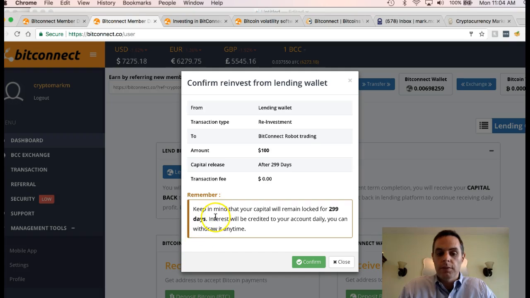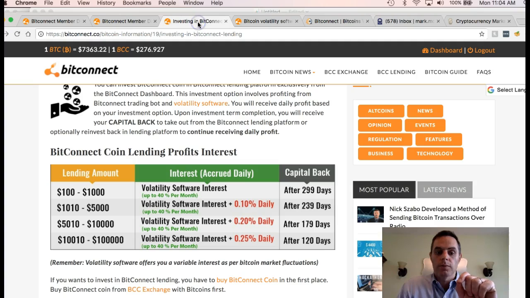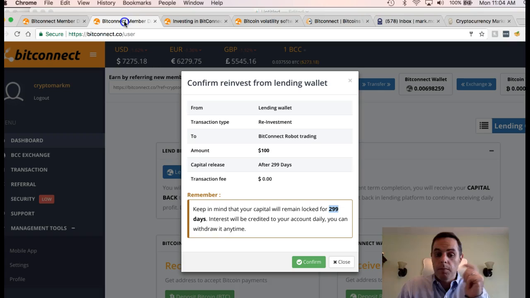I will invest it. You'll say because it's lower than 1,010, I have to lock it up for 299 days, as opposed to what I was locking it up as, 239 days. Other people are at the point where they are able to reinvest over $1,000 at a clip because they've invested more than I have. But right now I will confirm that I will reinvest this $100 for another 299 days,